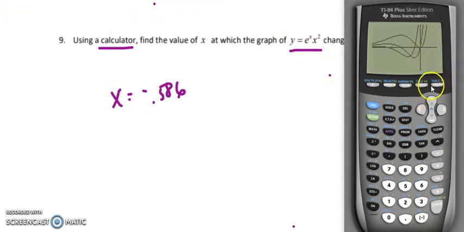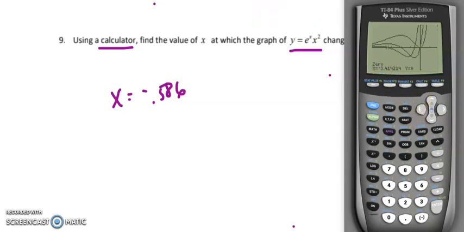Okay, now I can go ahead and hit second trace, and I want another 0. This time, oops, I have to switch my graph to the second derivative graph, and this time I look for the other x-intercept, which will be left bounded, then right bounded, and guess, and it's going to be at